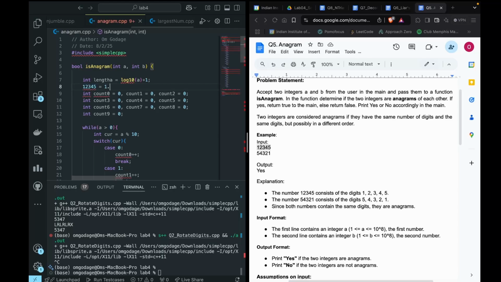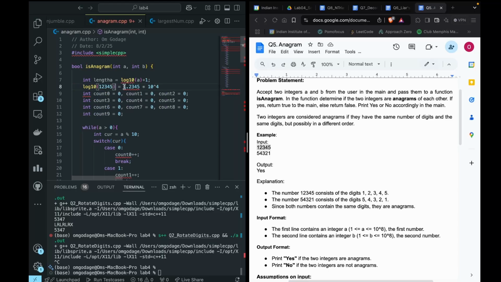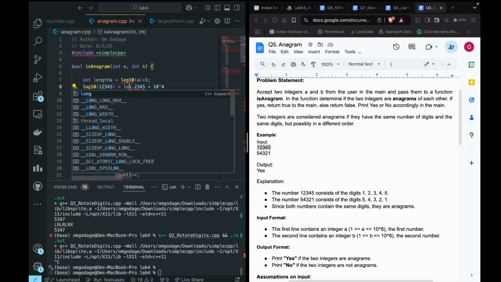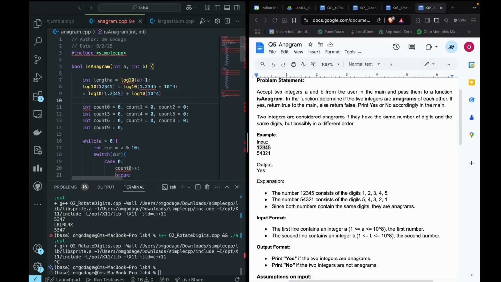You can write this as 1.2345 times 10 raised to 4. And then if you take log 10 of this, it will give you log 10 of this, which will then further give you this, and this value will be between 0 and 1